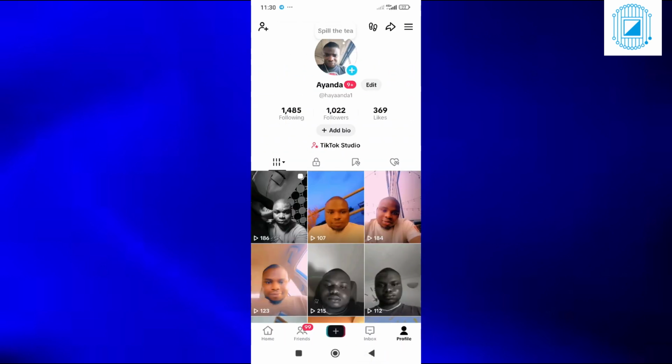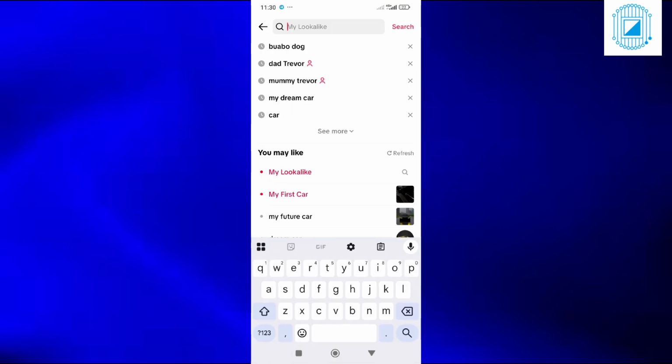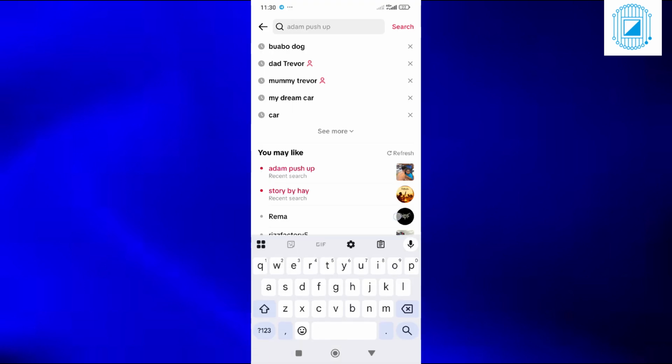Another method to do this is just for you to use the search button. So let's say, for example, you know the person's username or you know what the person does on TikTok. So there's a guy that used to do push-up stuff on TikTok. So you can just click on the search button and use that to search for the person. Let me just use